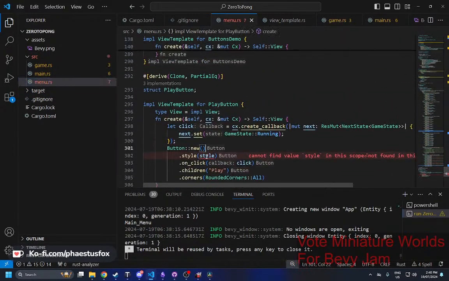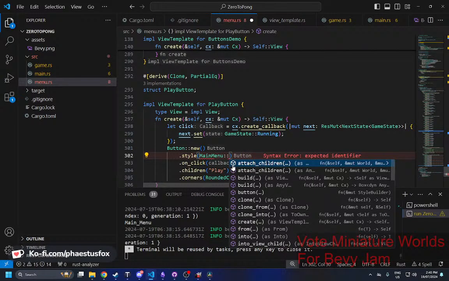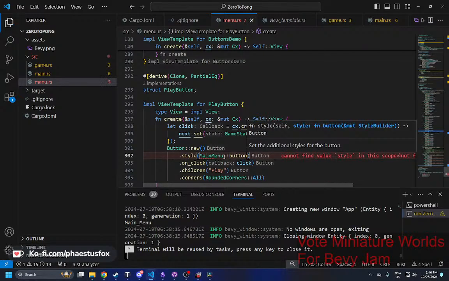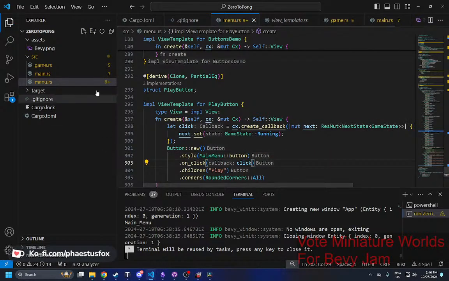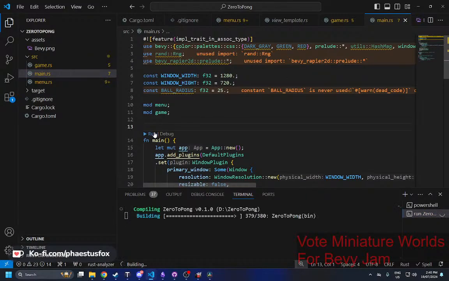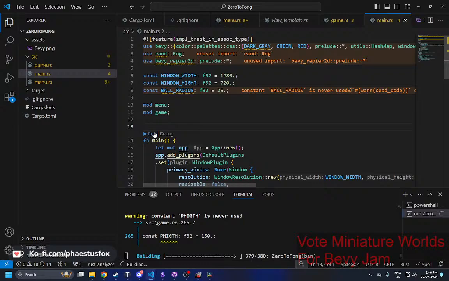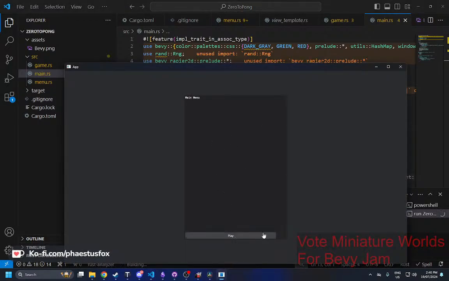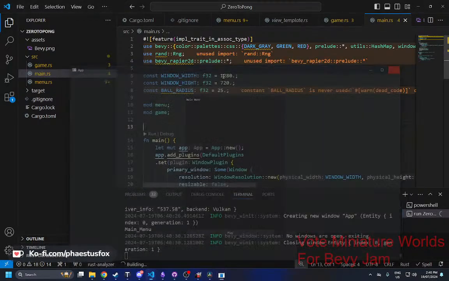And come down here, and we get main menu button, like so. And then we don't give it any parameters, like so, and that should let us modify the button pretty easily. I'm going to stop messing with the button because I don't feel like spending the rest of the stream trying to get things to look right, but it should hopefully. Didn't really work. It did make it 90%, but